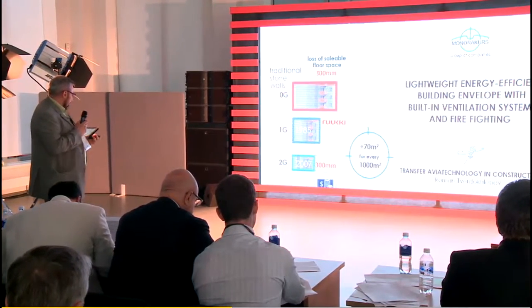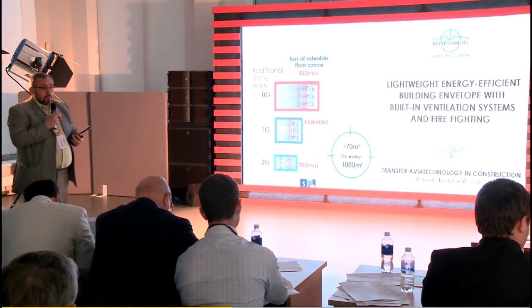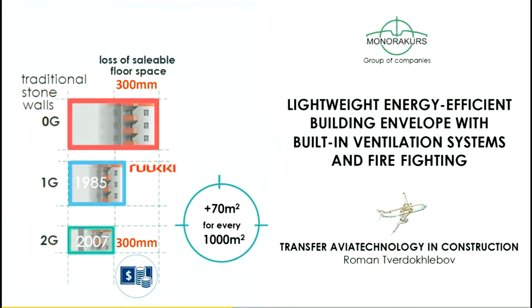So, my presentation here is a lightweight, energy-efficient building envelope with built-in ventilation systems and firefighting. We do this with projecting buildings and skyscrapers. We're looking for the best solutions for outer walls,